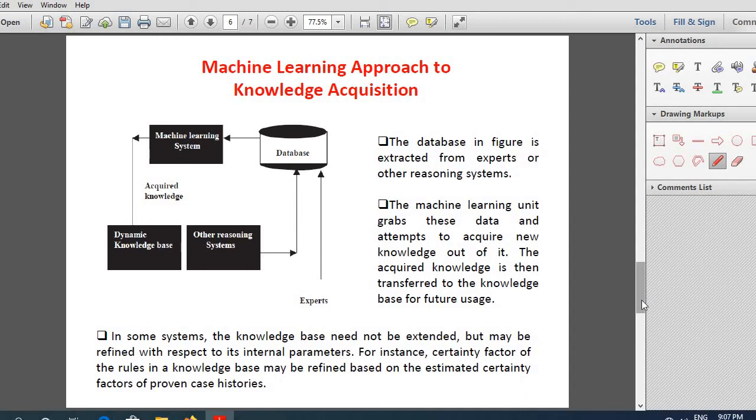In traditional or conventional times, in olden times, a knowledge engineer captures the knowledge or information regarding some system or process from experts. The knowledge engineer will get the information from experts and build a knowledge base.